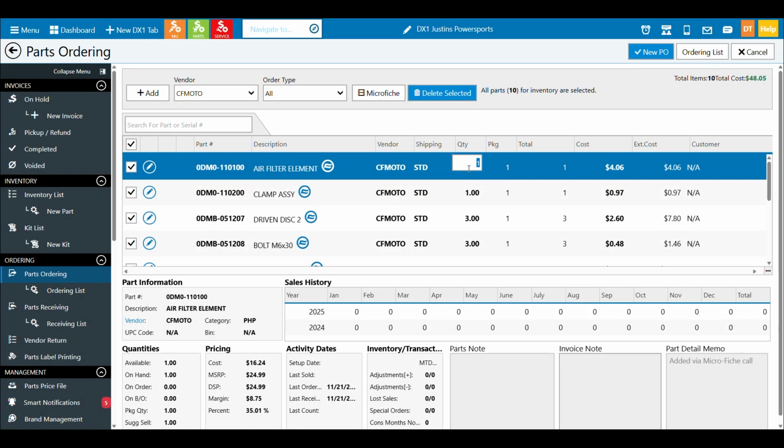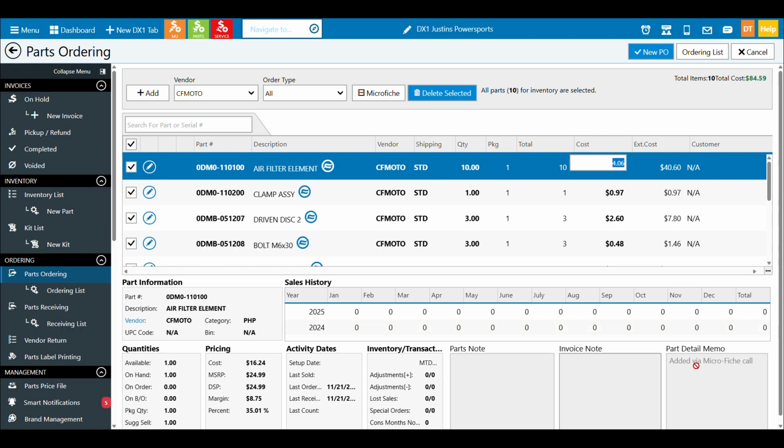I can also update my order quantities in this screen. Special orders will be locked, so I won't be able to edit those, but for stocking parts, I can. For all parts, special order or stock, I'll be able to update the cost as needed. Maybe you've done some type of stock check ahead of time, and you know the costs have changed since the last update you got. This is where you could update the cost. You can also update this cost at the time of receiving on either side of it, and hopefully you are using vendors that we are working with, such as CF Moto, for example, that provide price files to you, the dealers, so that as prices update through the system, you can see them here updated, saving you some time.